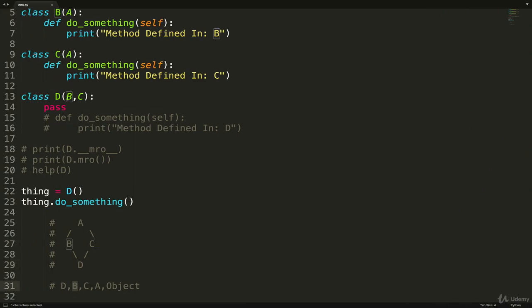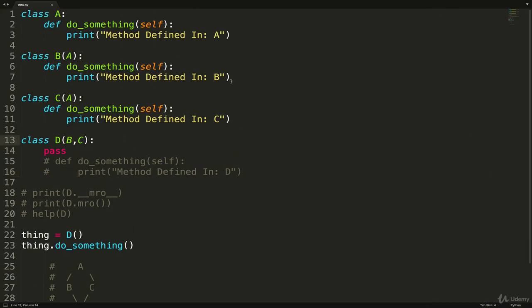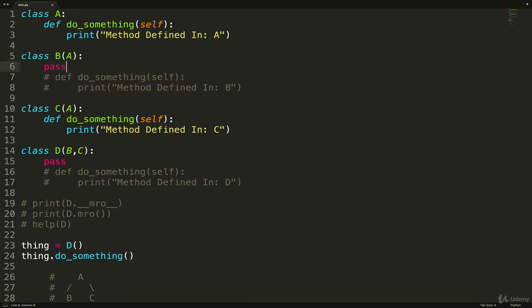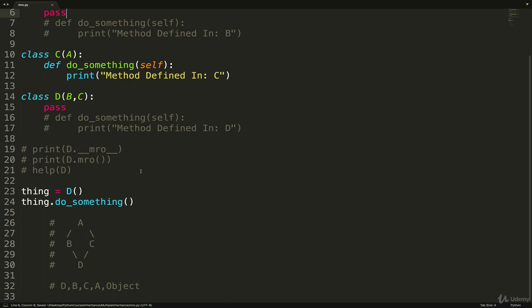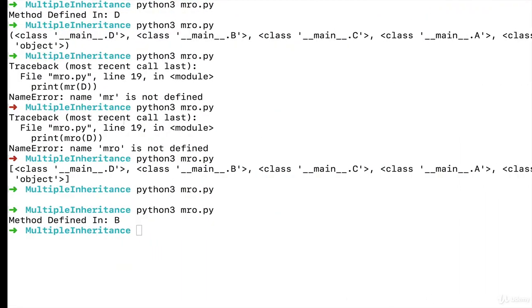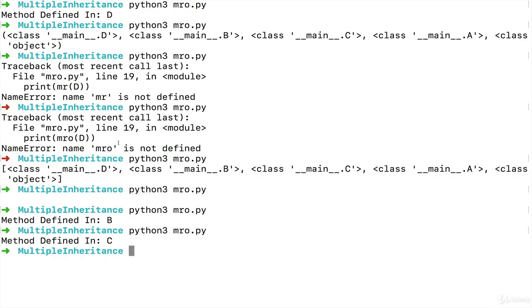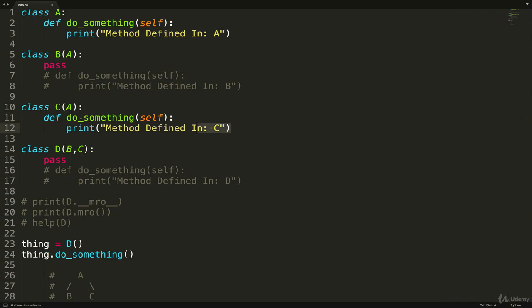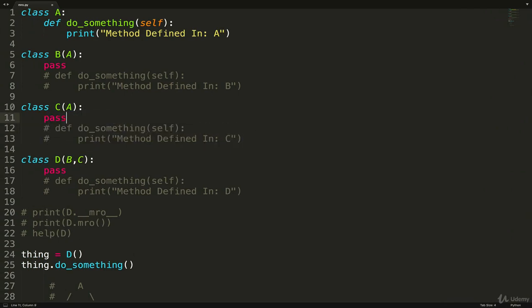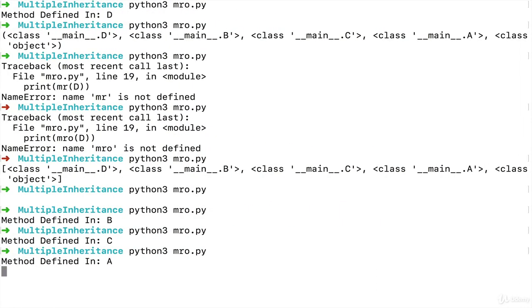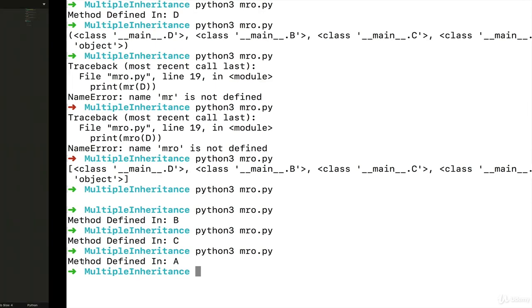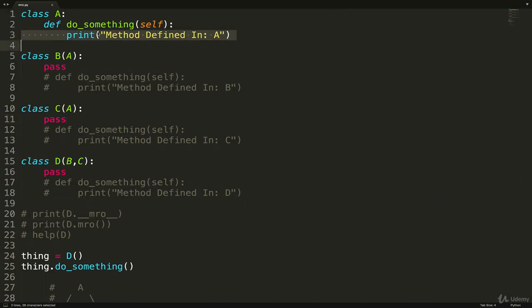B was next after D, which we commented out. Okay, so we could comment out B, add a pass in there, and we should expect it to go to C next. And we get method defined in C, and then one more time, pass. We get method defined in A, which is this one.